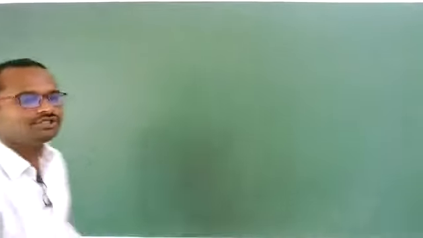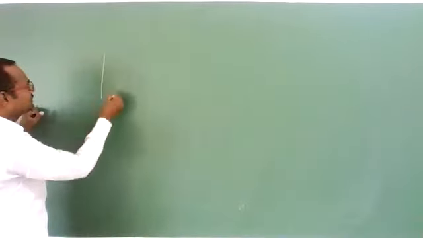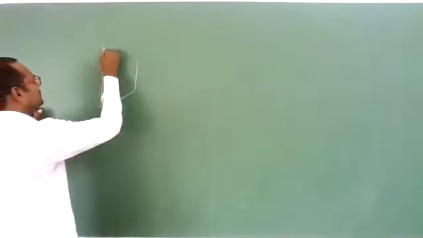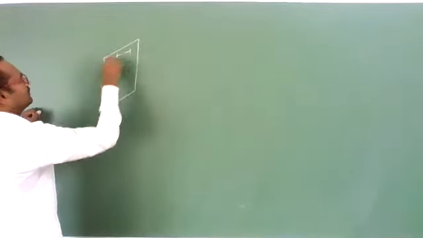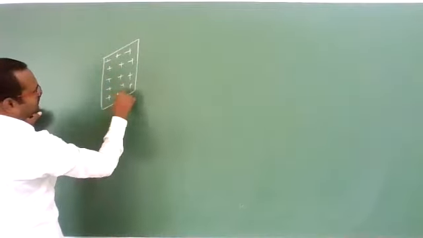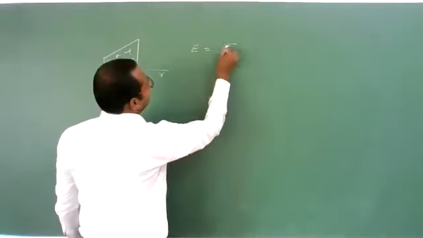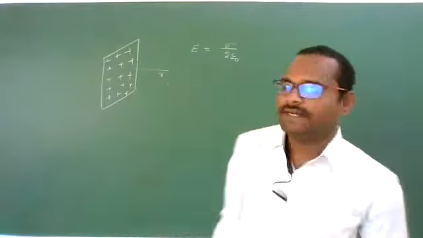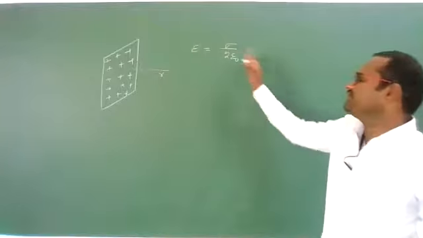So, electric field by a charged sheet. Imagine here we are having a sheet like this. One sheet is there. Due to this infinite sheet of charges, at any distance r, what will be the electric field? Electric field is sigma by 2 epsilon naught. We have got the derivation, and it is independent of distance. At any distance, electric field will be this much.